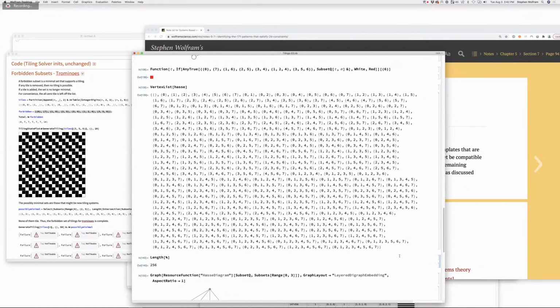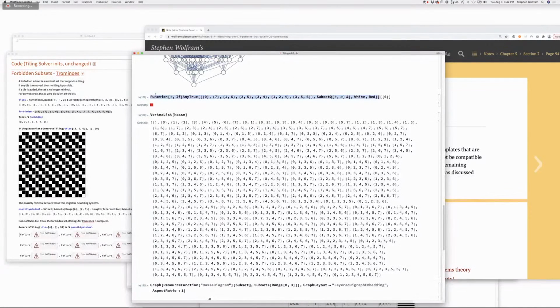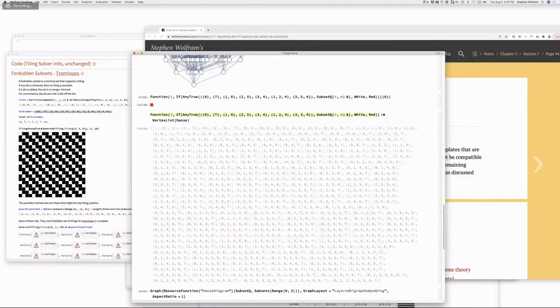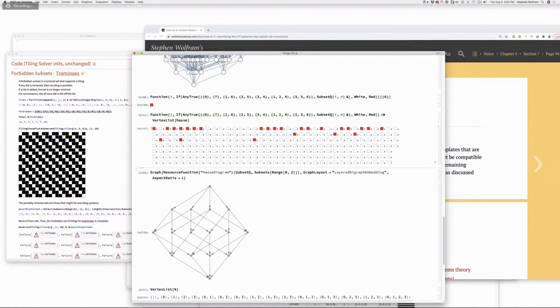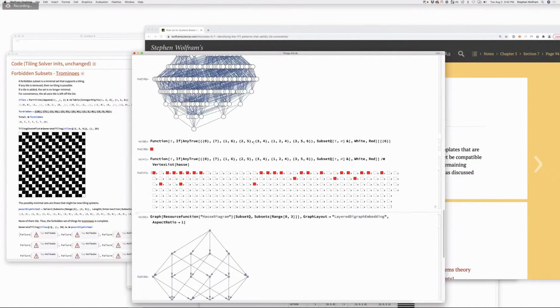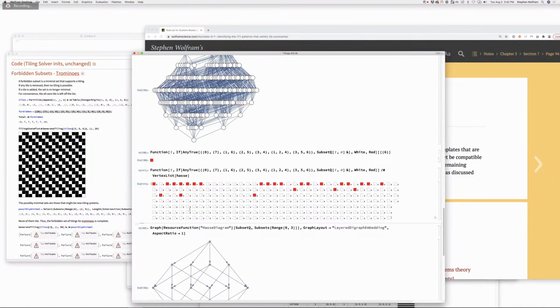Okay, so let's just check this thing here. Map that. Oh, I think I may have made a stupid mistake. Okay, brilliant. Okay, so that is showing us of those subsets, which ones are, which ones are,